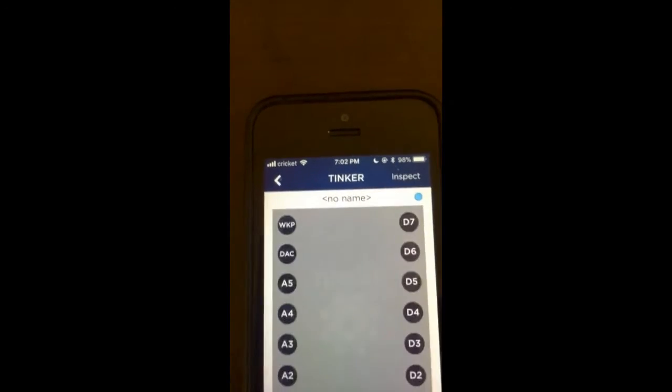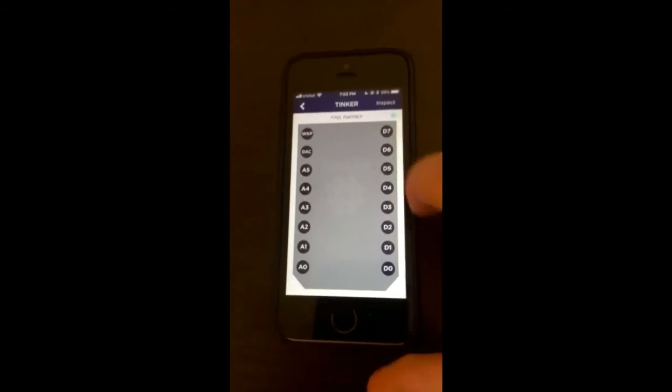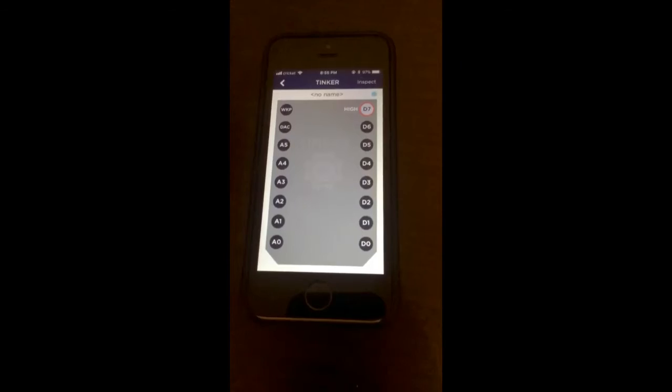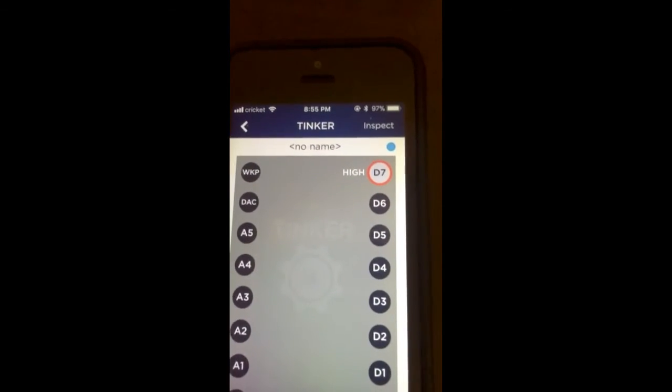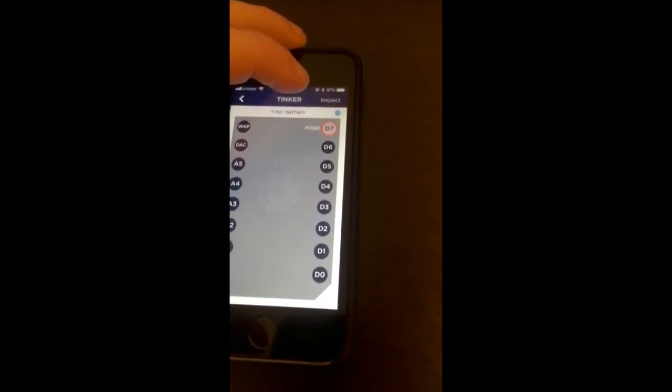And now you'll see that I've connected my Particle to the Particle app. Now as you can see, I've made D7 an output, and there are two lights shining now. I can change it from low to high, low